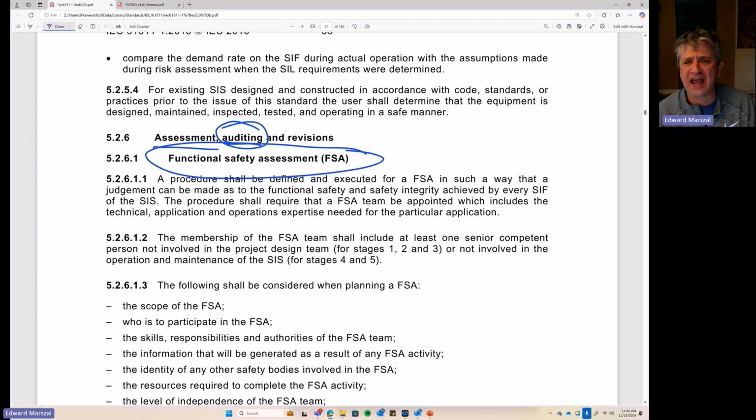We're going to verify every activity that has occurred in the safety life cycle. When the system is complete, we're going to test it at the factory. We're going to check out the installation during the installation and commissioning process. We're going to do validation testing on that final physical system. We're going to do functional safety assessments to make sure we're following our policies and procedures. And we're going to do audits to make sure that our system is always in place, always being used, and